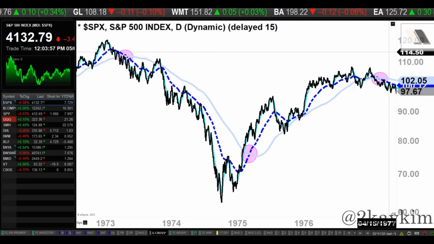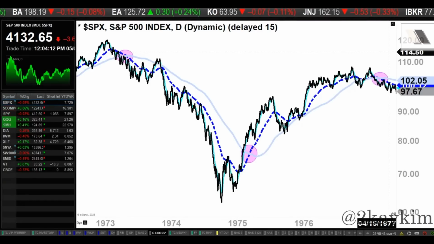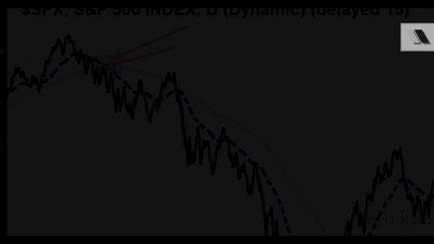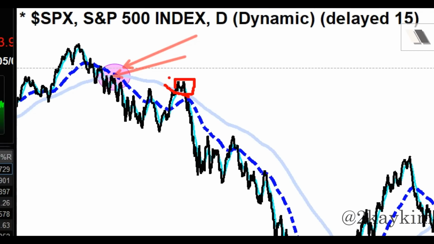So going all the way to the 1970s, we can clearly see that in early 1973, the midterm moving average is coming down and the long-term moving average goes over the midterm moving average, showing us that death cross there. We got just above this primary term, or the long-term moving average, so it must be nullified. What's more important is the trajectory of that moving average, right? You see that the trajectory of the moving average is still declining. Not only that, the midterm is still underneath the long term.